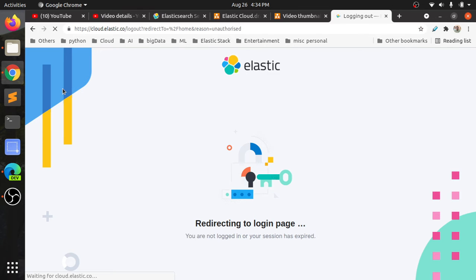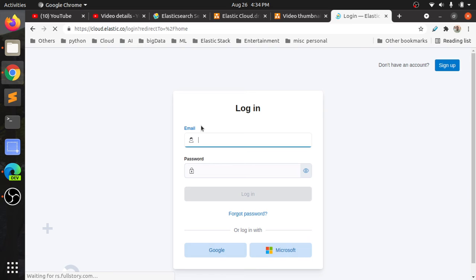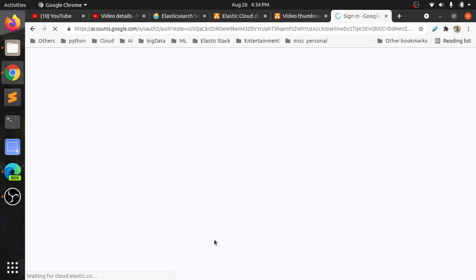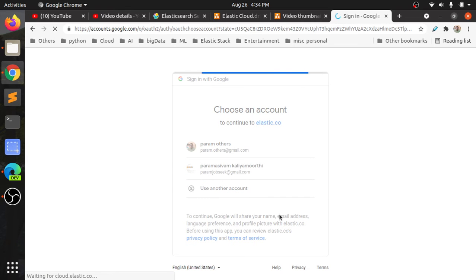Let it log in. As I said, you can use any of your personal Google account or Outlook account, or if you have any official email ID, using that also you can create. Okay. So, I created this using my Gmail account. Once it is logged in,